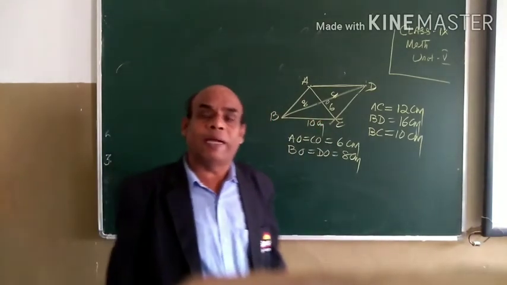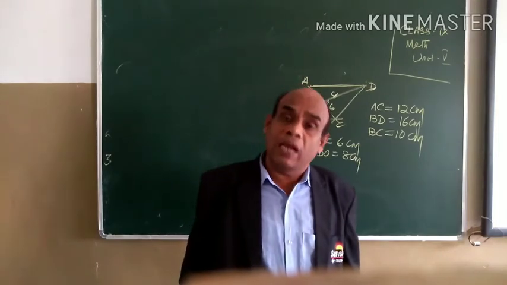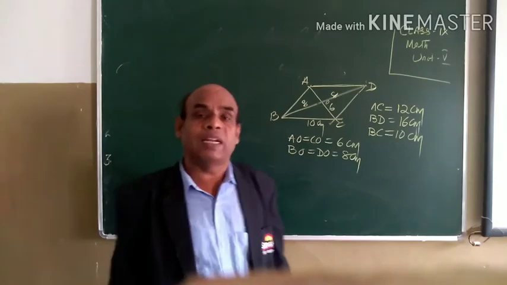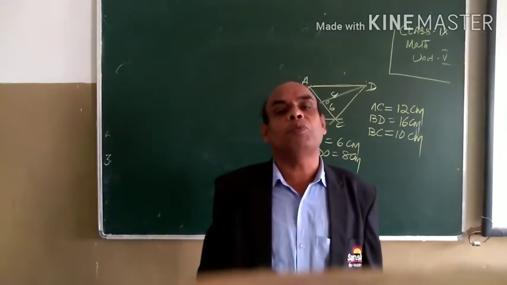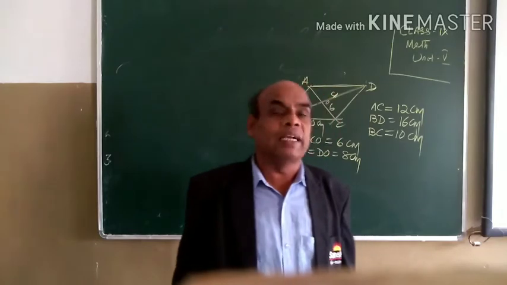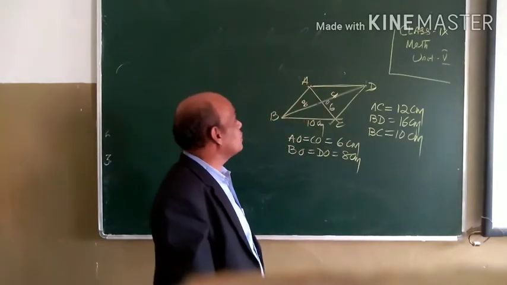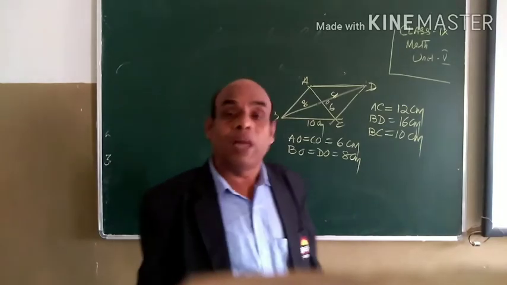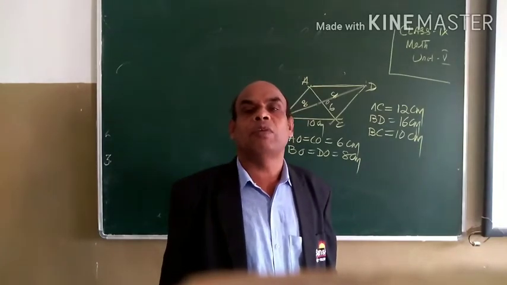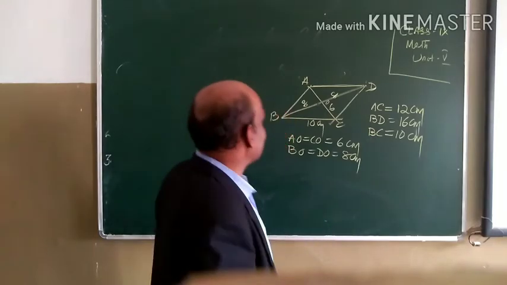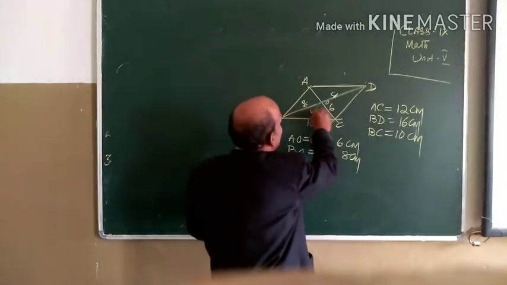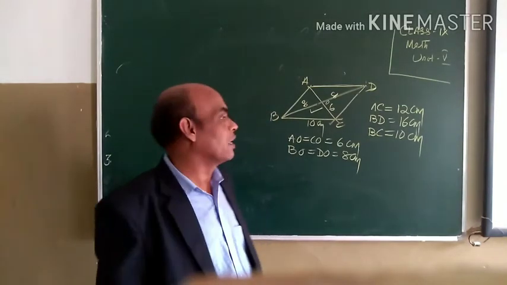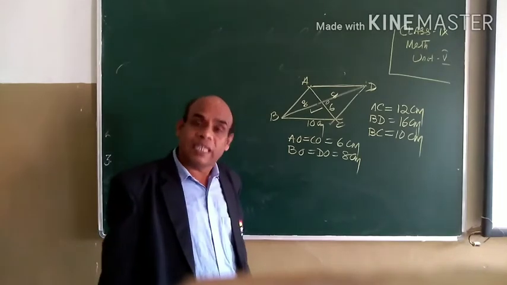So how can you find out the area of the parallelogram? First you see the two diagonals of the parallelogram divide the parallelogram into 4 triangles. Already you have to remember, the 4 triangles always have equal areas. So you find the area of OBC triangle. So now first test it.